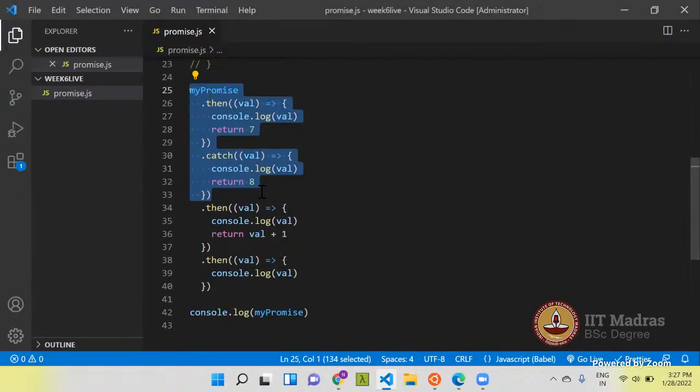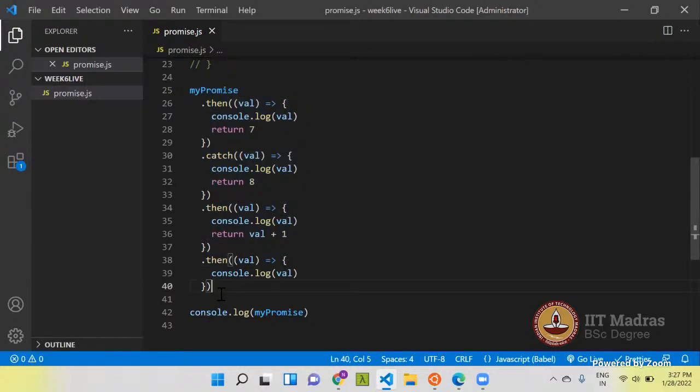It's not being rejected, because the return statement says that this is the new promise, and it will be resolved with whatever value this catch is returning. So then will be triggered, because this promise is being resolved with 8.